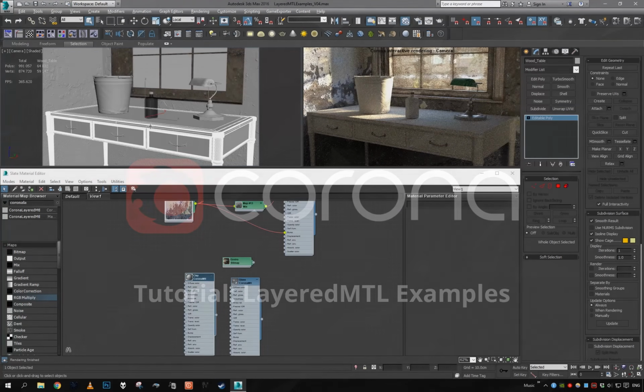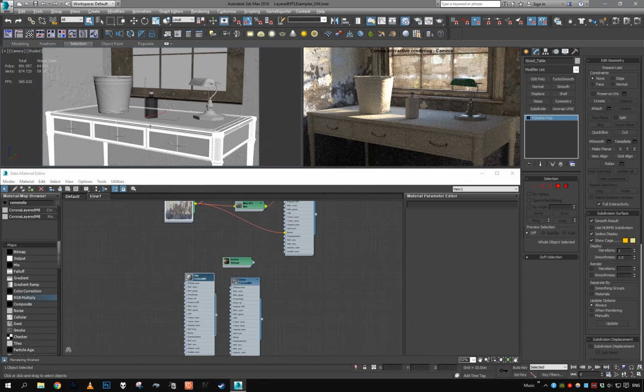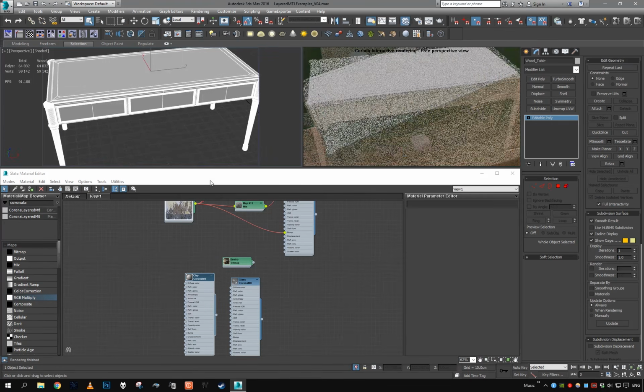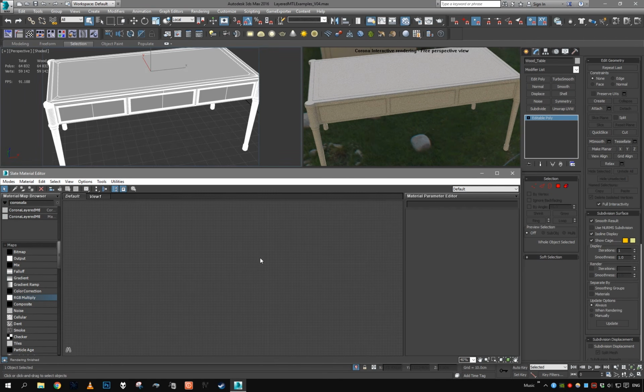Okay guys, so welcome to part 2. Now that our polished metal material on the lamp is finished, we're gonna carry on, and our next material will be the coated wood material. So let's grab our table, isolate it, and we are going to start